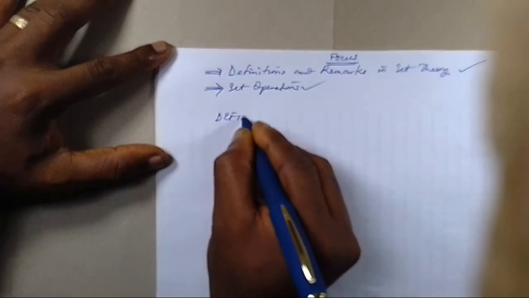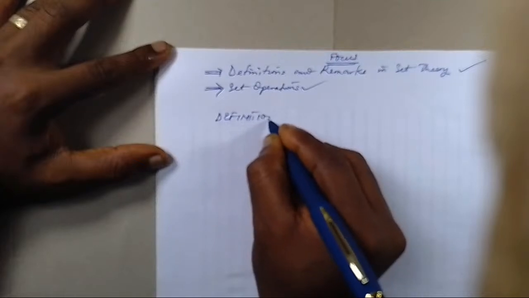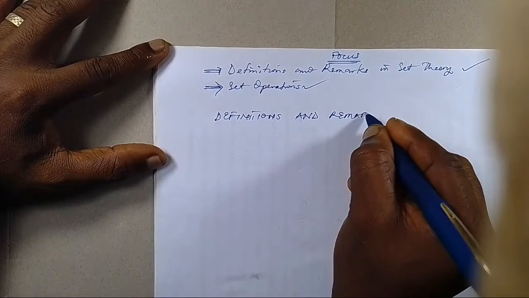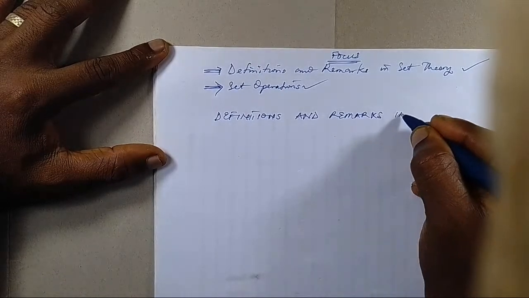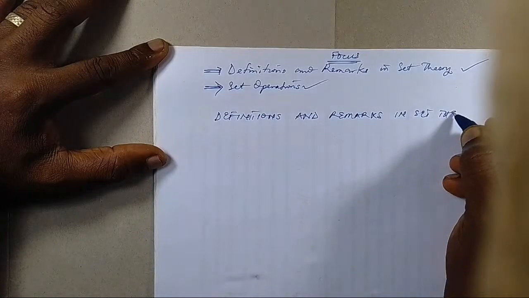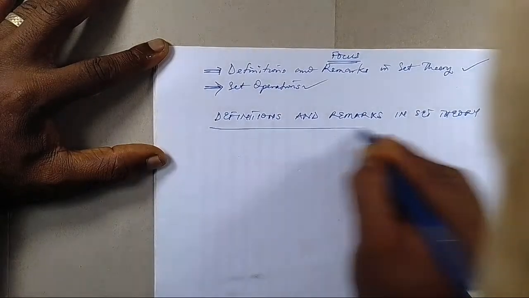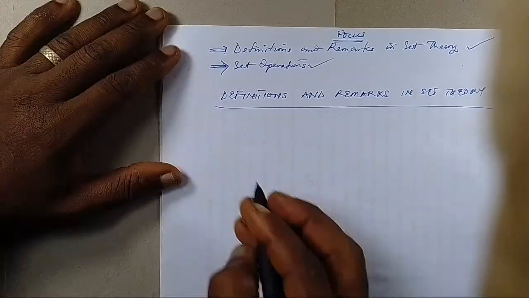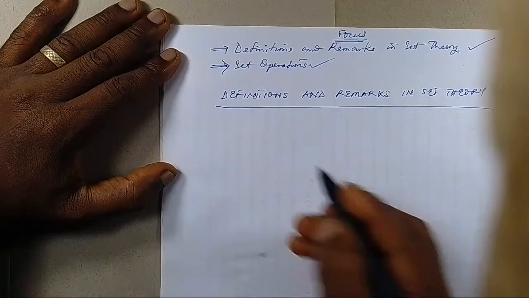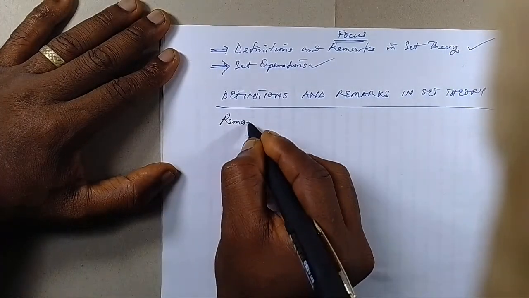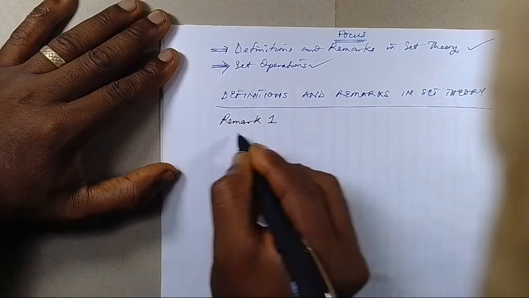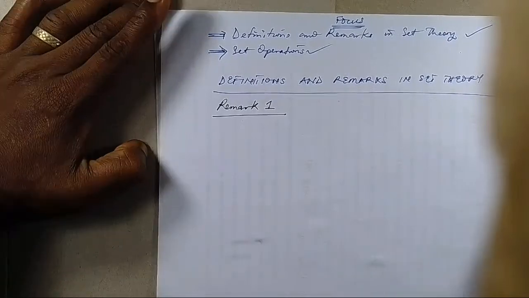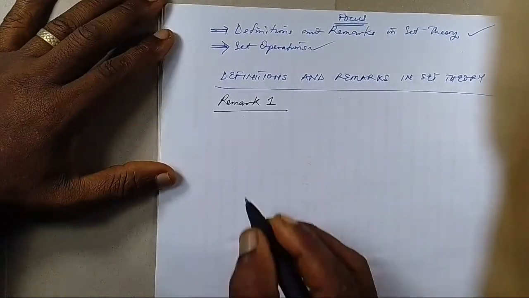The first subtopic, definitions and remarks in set theory. That is the first thing we should start with. Number one, let's start with remarks. So let's call this remark number one. The first remark I want to make in today's class, please take note of everything I say, is that